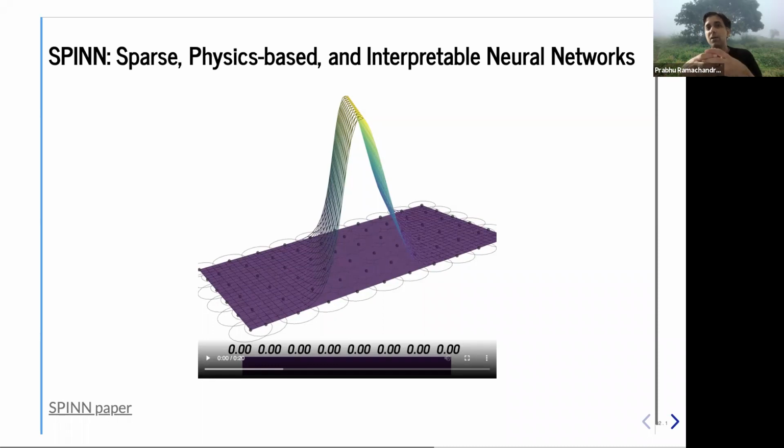The difficulty here is that a lot of these are not interpretable at all, which means you don't really know what's happening inside. We know that a neural network is a universal approximator, but you have no mechanism to fine-tune what's happening inside. What we've done in this work is basically show that we can map this to a very traditional technique, a meshless method. This allows us to fully interpret a neural network, this kind of sparse neural network. They're also sparse, which means the interconnections between the layers are fewer, which allows us to be very efficient and make some very interesting computations.